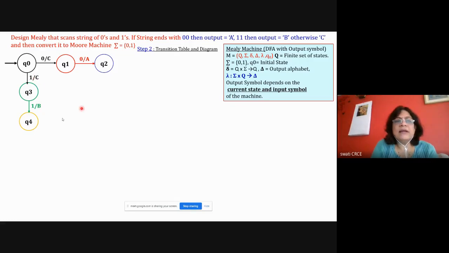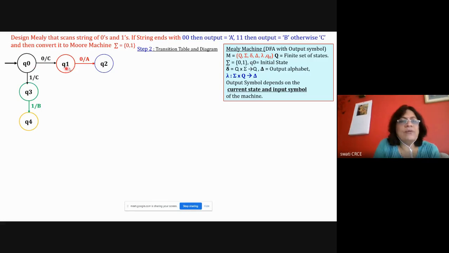Okay, so we represent it that way. Now the minimum length diagram is over. This is DFA type; a Mealy machine is a DFA-like machine. So now you complete the diagram. Start from state Q0. For state Q0, both the transitions, 0 and 1, are done. So this state is complete.